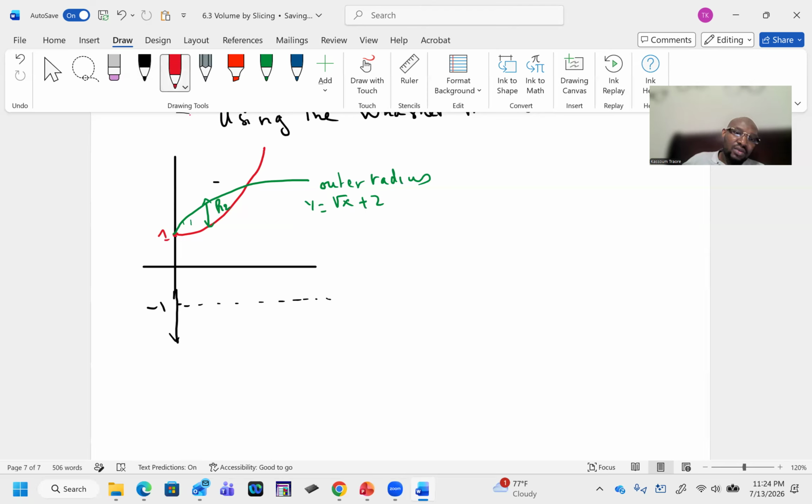And the inner radius would be, because it's about y is equal to -1. So now since we know the inner and the outer radius, we can assume our volume would be